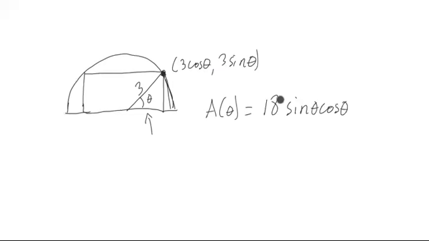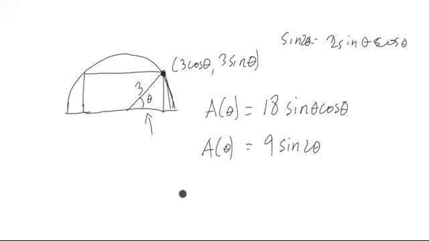Now, if we were clever, we'd maybe realize that 2 sine theta cosine theta is an identity for sine of 2 theta, which allows us to rewrite this as 9 sine 2 theta. Now, we could take a derivative of this and look at it, or we could just know what this function looks like. Sine 2 theta is just a sine function, but you're going through it, the input twice as fast,